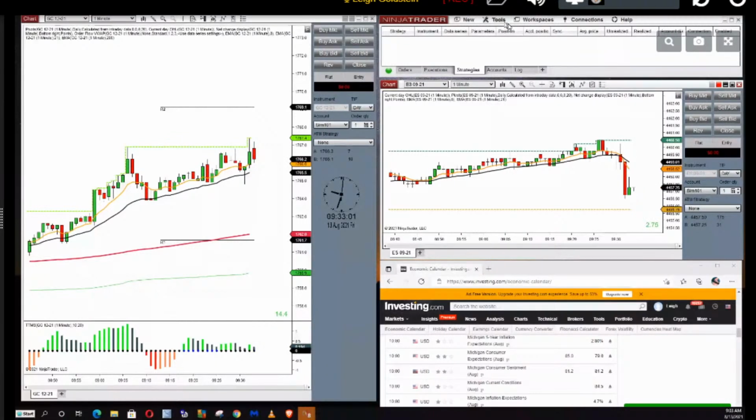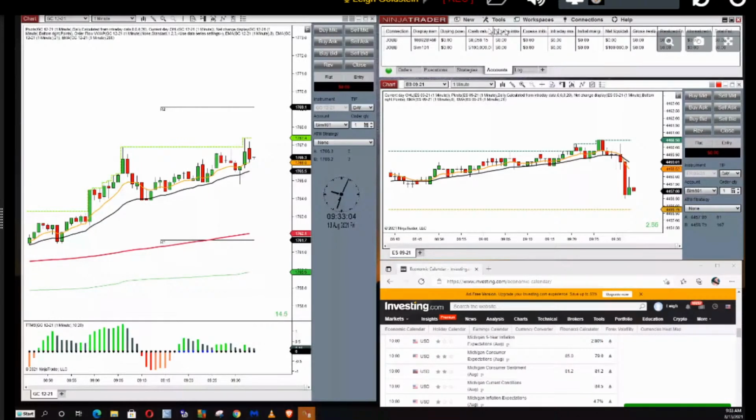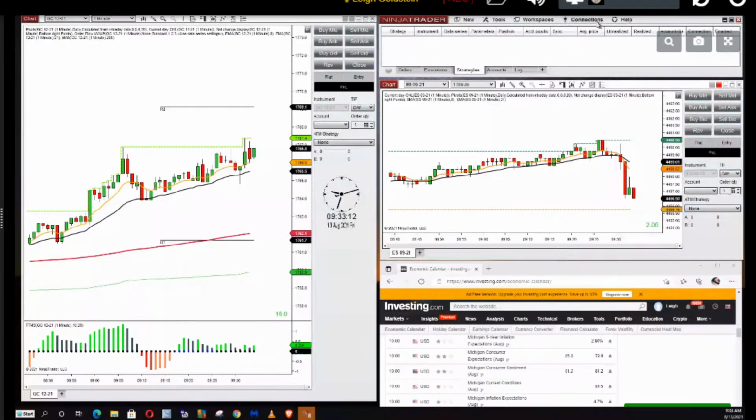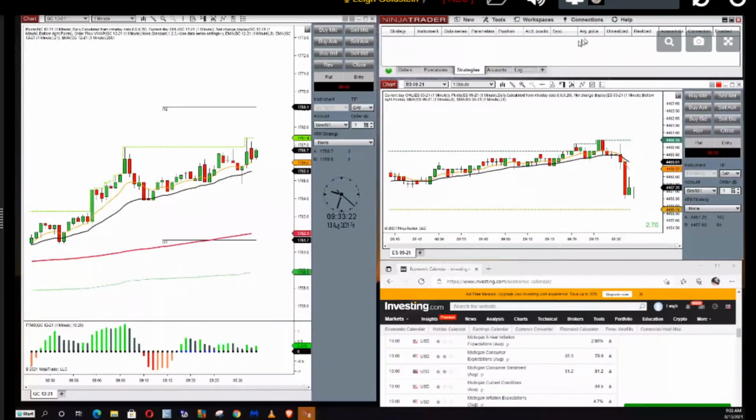Our account currently, I'm on my little account today because this is not a family money trade. But if I change over to our big account, just to be completely transparent, because we're always completely transparent. How can you hide anything when you trade live in a trade room? It's impossible.